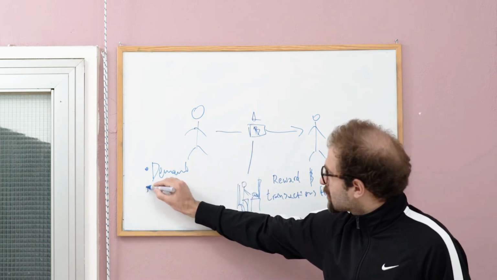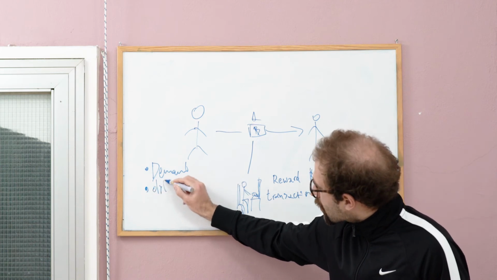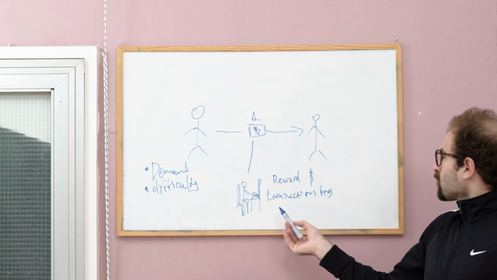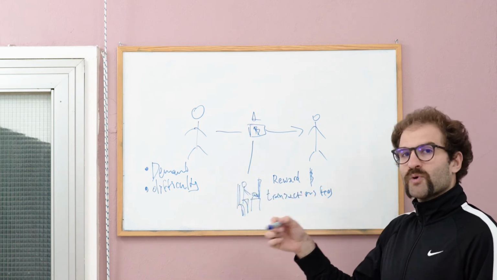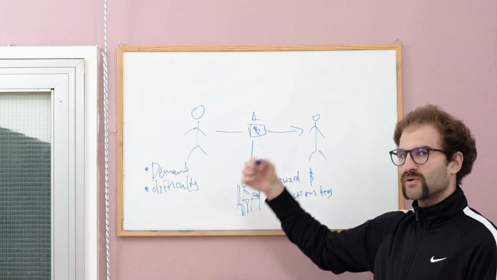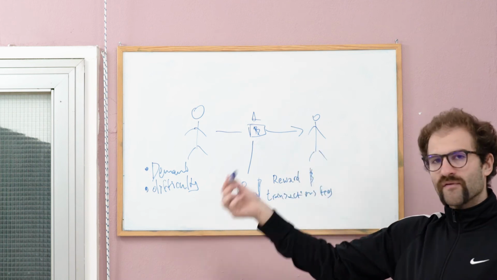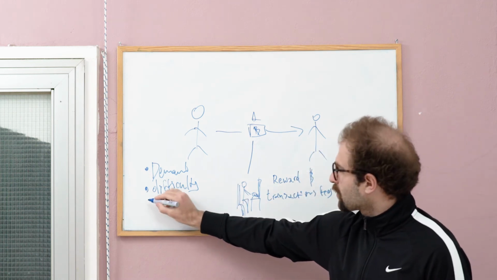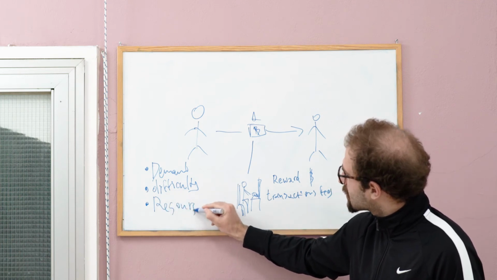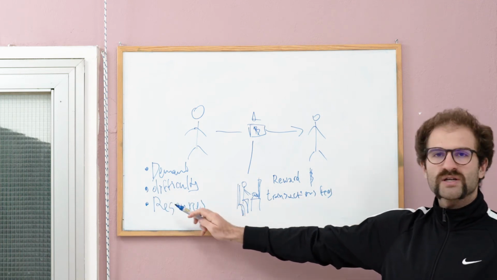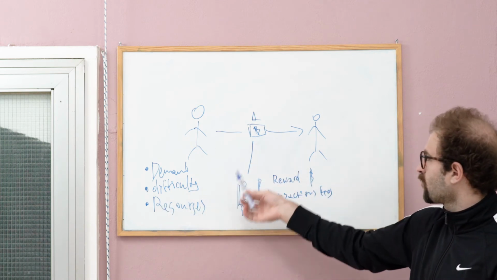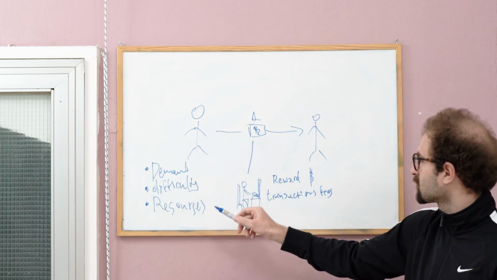The second one is difficulty. The more transaction fees and transactions per second that we have, the more difficulty we have to mine Bitcoin to confirm these blocks. Therefore, the price increases as well. And the third is resources. The resources is the equipment and the electricity that the miner uses in order to confirm each block. So you have the three factors.